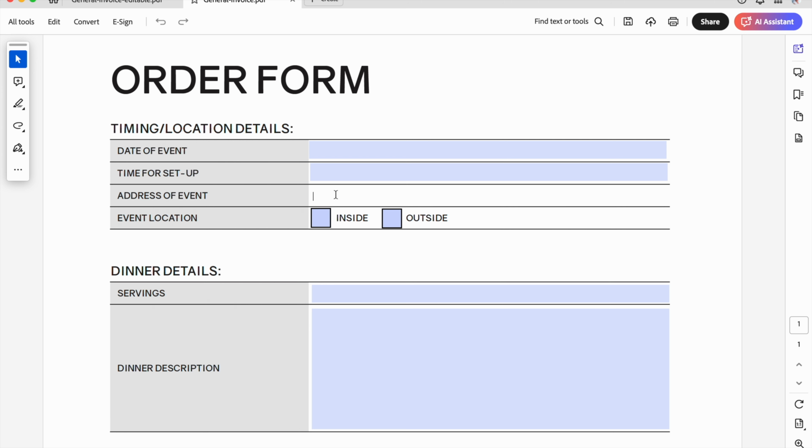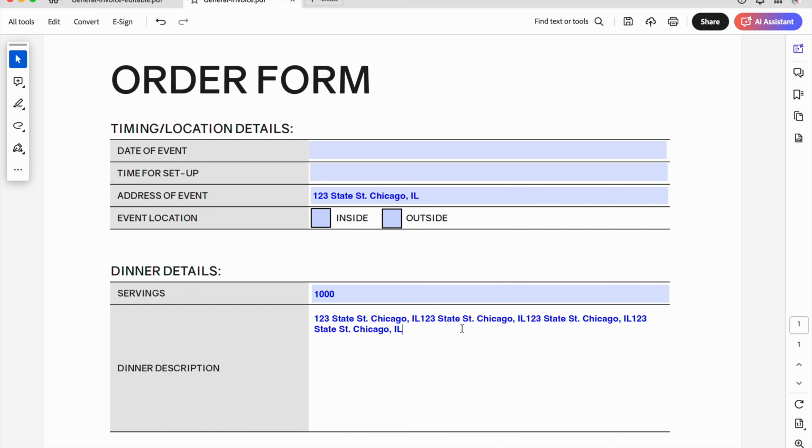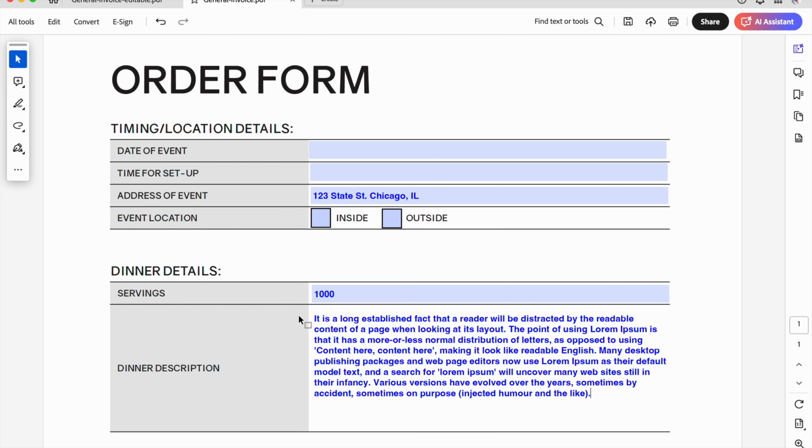So let's make up an address, say 123. All right, everything's looking pretty good here. I'll drop some lorem ipsum in here. So actually, let me show you what it's going to do. So you see how it bounces down to the next line? That's perfect, that's exactly what I wanted. I'll drop some lorem ipsum in here. Okay,